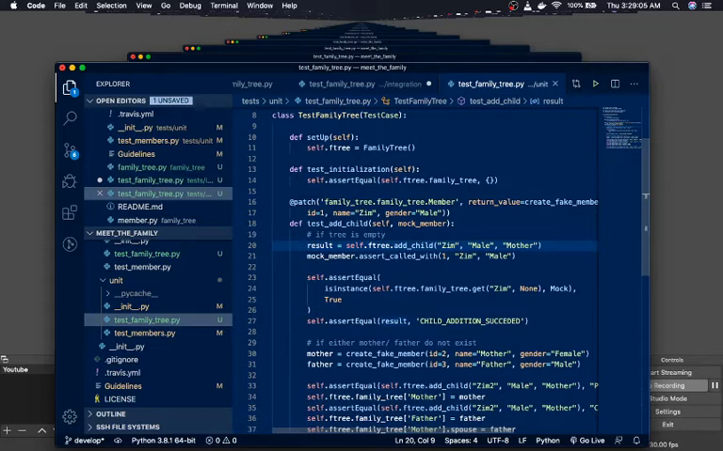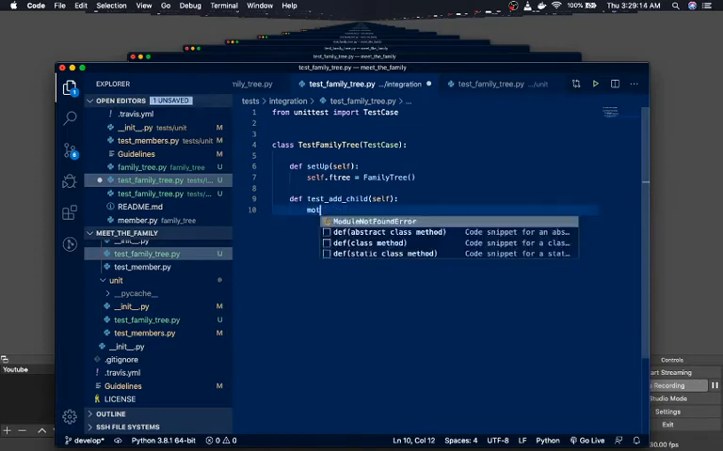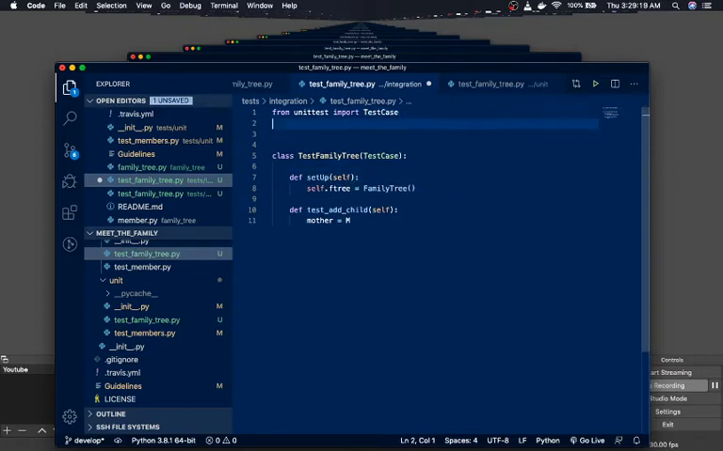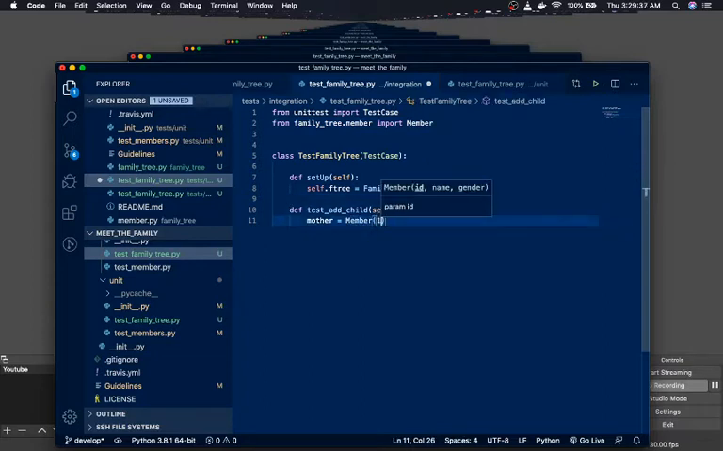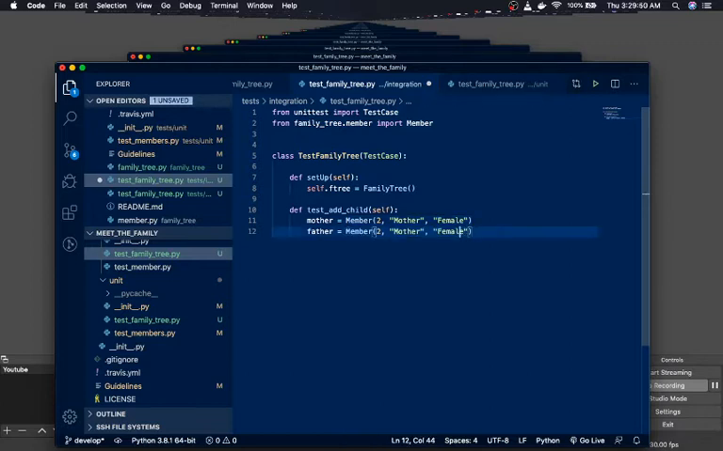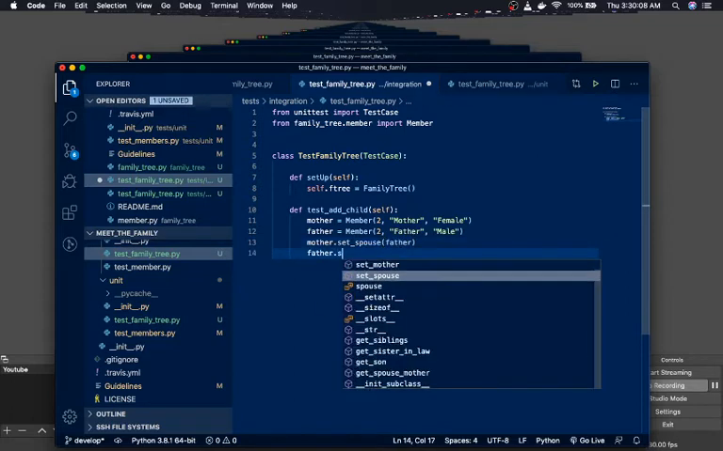We're going to have to create manual entries. Okay, so let us create mother. So we're going to import a member from family tree. Import member dot member. Import member. Right, we're going to create a member. She's going to be mother, female. We're going to have father as well. Since in integration test we actually test the whole integration of the software, this is going to be father. Mother dot set spouse will be father, and father dot set spouse will be mother,